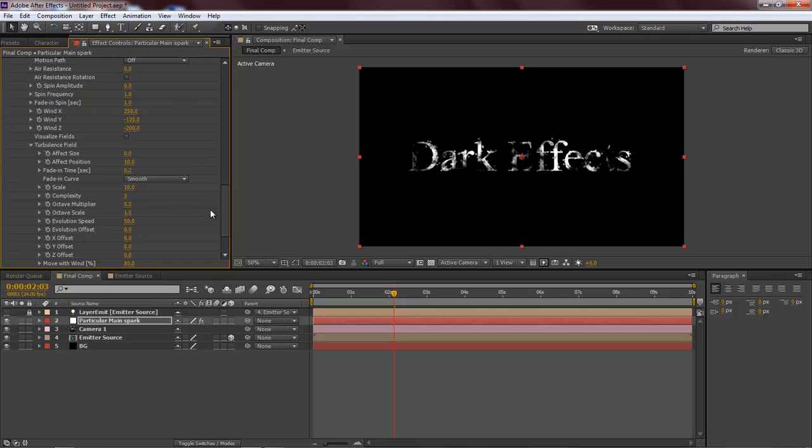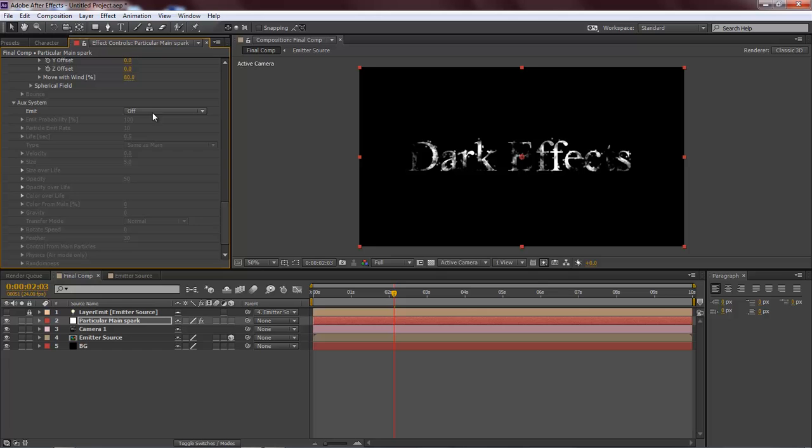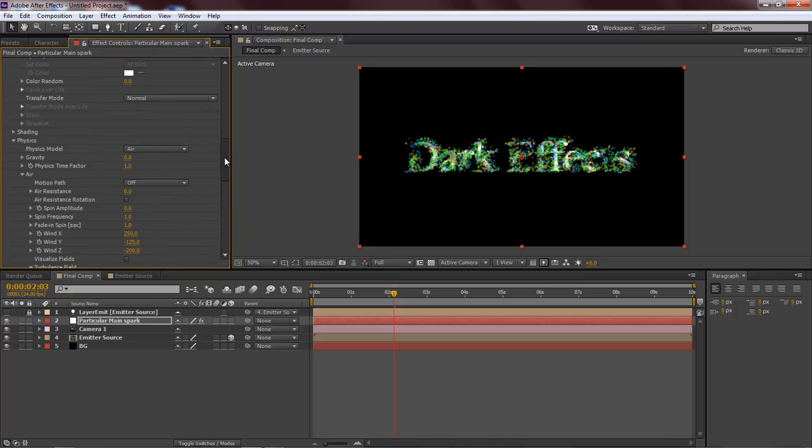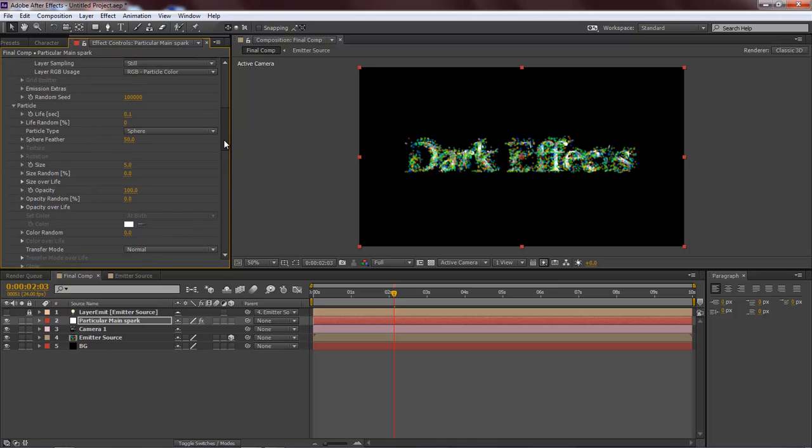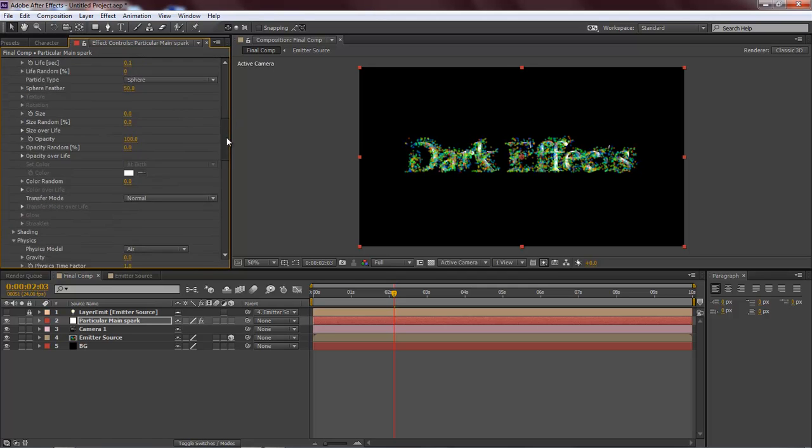And now the next thing we want to do is come all the way down to the bottom, and we want to do our auxiliary system, and we want to enable this. So let's change it off to continuously, come all the way up to our particle, and our size, change that to 0. We want to cut it off because we don't want to see it while we're working with our